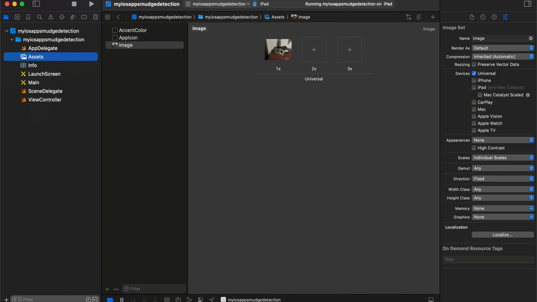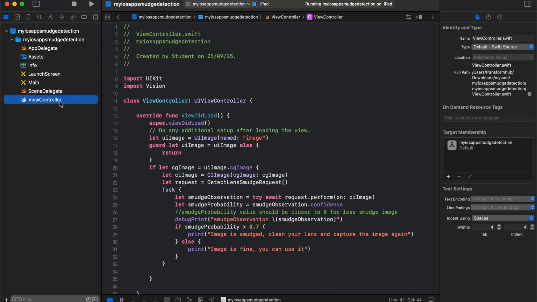This image was taken by my camera itself. I'm not writing the camera code, so I'm only showing you the relevant code. If you want, you can write the code related to opening a camera and capturing an image as well. But here I have just taken a static image which I captured from my iPad. Then once the image is captured, there is no output to show you as such, but I'm just